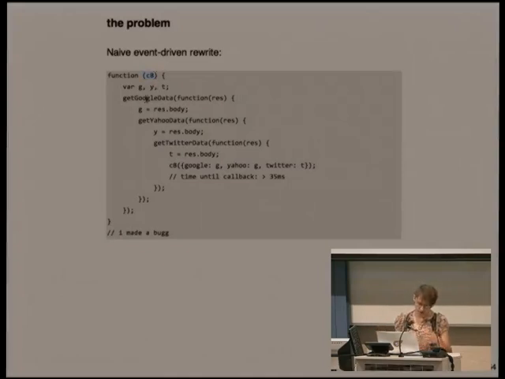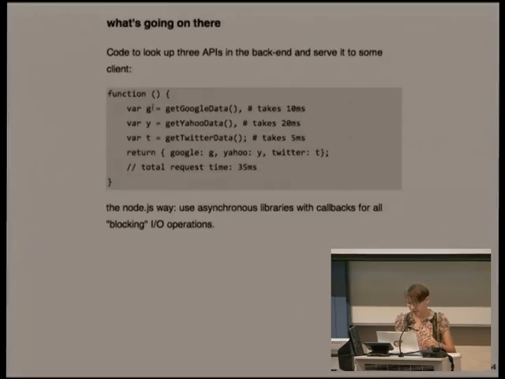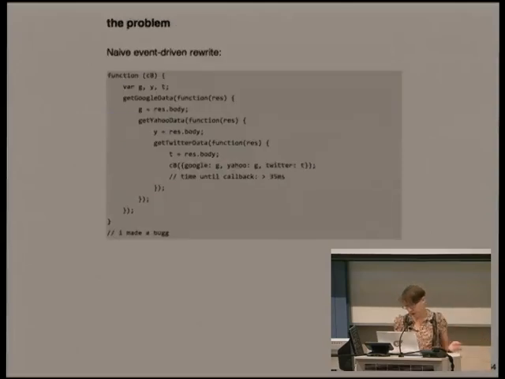So this is to solve the supposed problem in here that while you're doing each of these things, in a single threaded process, nothing else can be happening. No other requests can be accepted or whatever. So here you solve that problem. But of course, the time until the callback is called is still 35 milliseconds. Now, as I said, this is naive, but I've read the source of a huge number of Node.js applications and libraries, and this is extremely common. They say, oh, this stops you from blocking, so everything will be faster. Actually, in terms of the response time of this handler, it's identical.